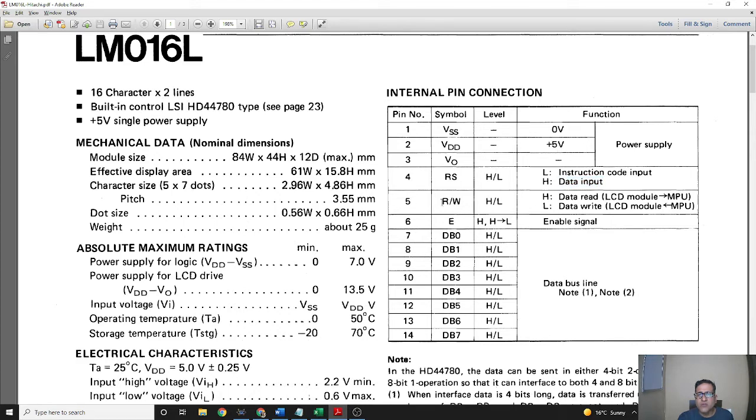Likewise, the 5th pin is a read write pin. If we want to read, it will be high, and if we want to write, it will be low. But in our case, we have to write the data on the LCD, so it will be always low.